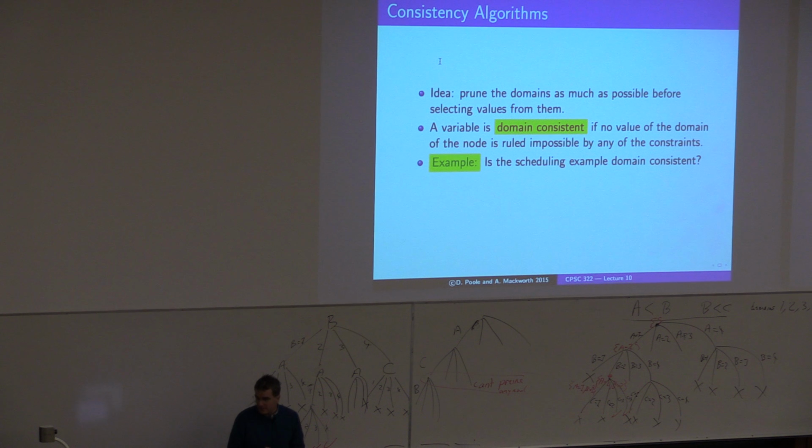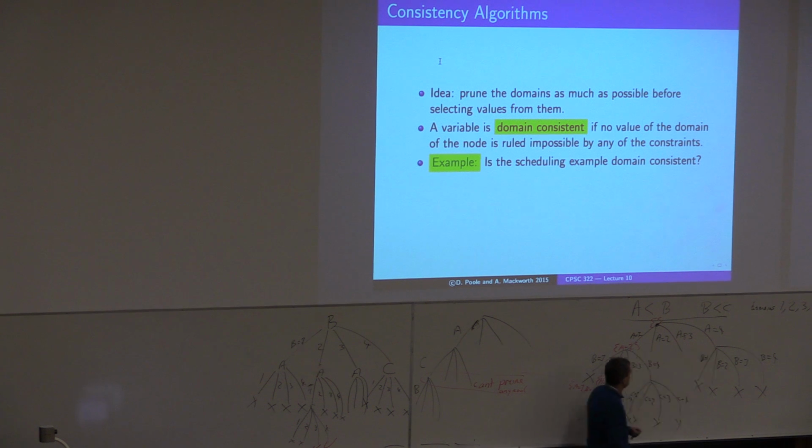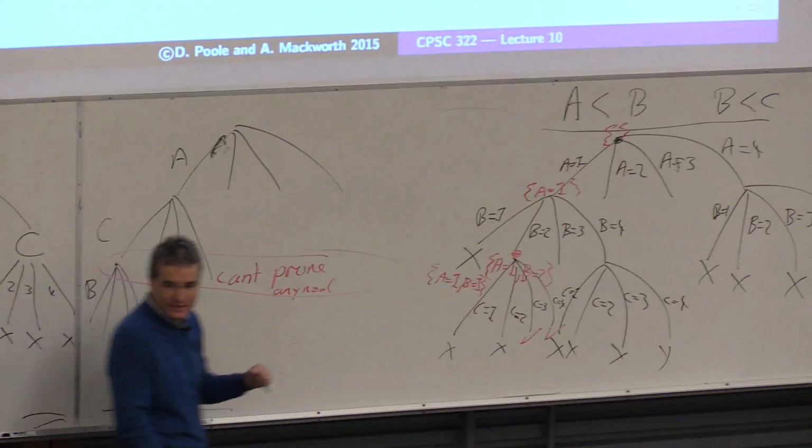What we're going to try and do is prune domains as much as possible before we start selecting values. That's going to be the intuition. Instead of just selecting values arbitrarily here, we're going to start saying, well, hang on, maybe we can prune values. Once we've pruned the value here that B can't be 4, we don't want to keep rediscovering it. We'd just like to say, let's prune it once and get rid of it and then not think about it again.